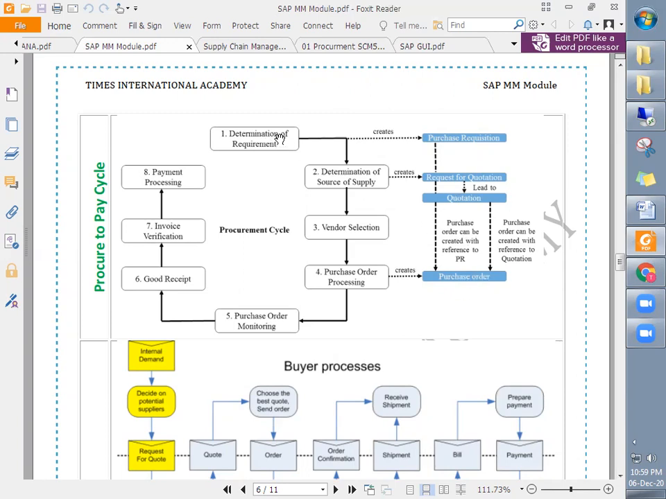So you see here, the determination of requirements and then the determination of source of supply. Determination of source of supply is nothing but identifying the right source of supply, that is the vendors or suppliers for our requirement. Then the vendor selection. Vendor selection is finalizing the vendor and establishing a contract with them, and then based on the contract the purchase order processing is done, meaning the purchase orders are issued,